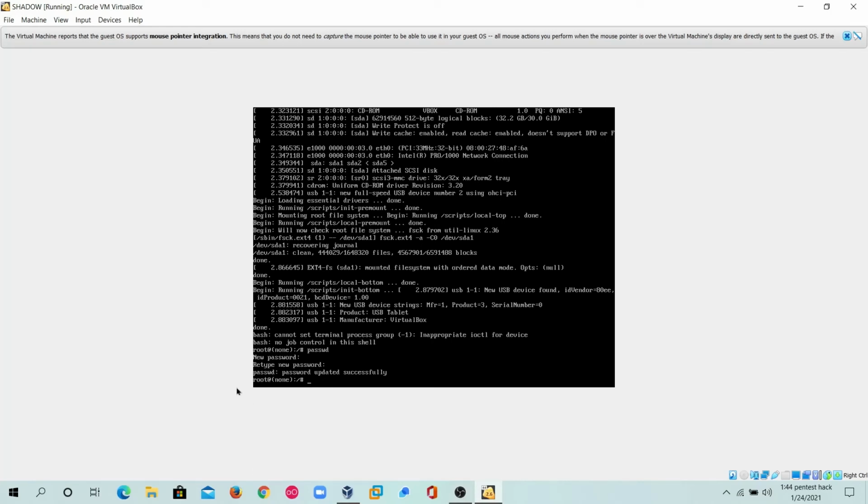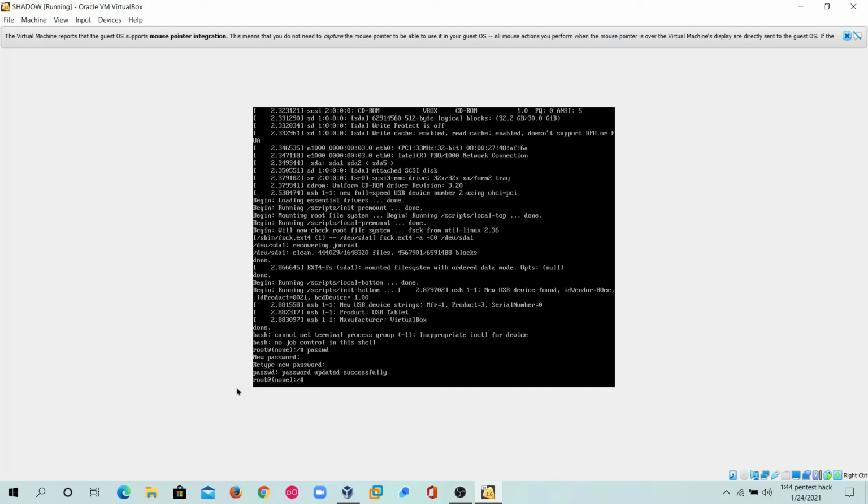So in this scenario I am going to teach you that we can bypass the Linux password if we forgot our previous password. Okay, so use this for legal purposes. If you are using this for illegal purposes, we are not responsible for anything which you will face in your future.